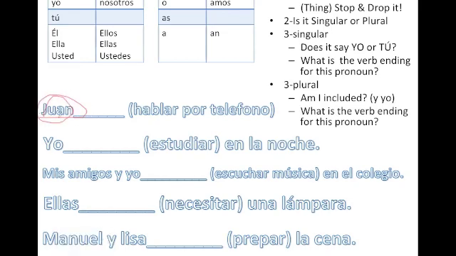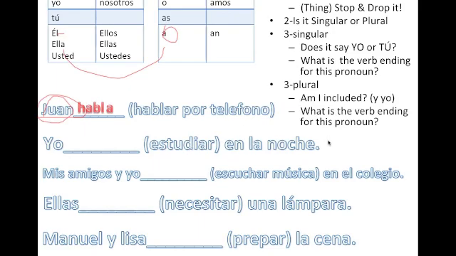Now what I can do right here is ask myself, what pronoun takes the place of Juan, which would be he. And so now I know where to go on this chart because it's always going to be in the same square. You see how that works? So my verb ending is going to be a. So I'm going to start with hablar, but in order to make the verb, I'm going to have to drop the AR and add the correct ending, which is a. And that's what you have to do every time. All right, let's look at the next one.